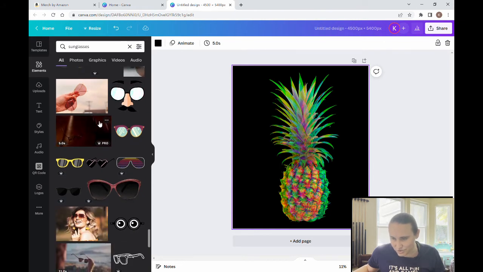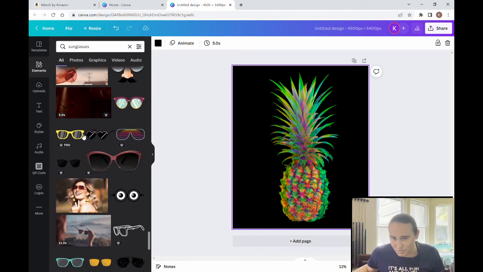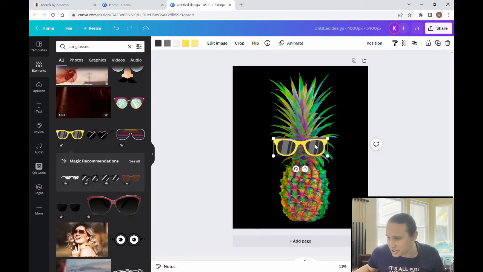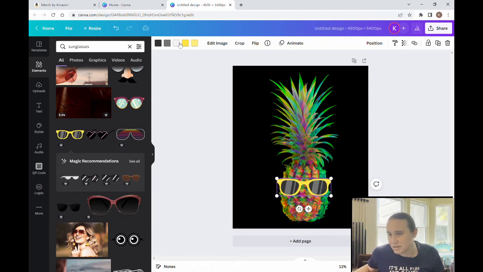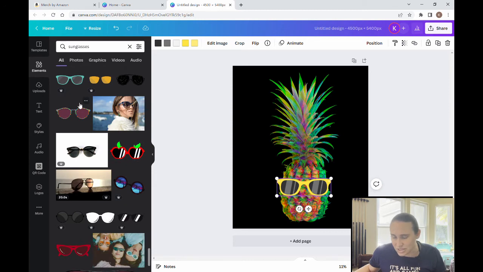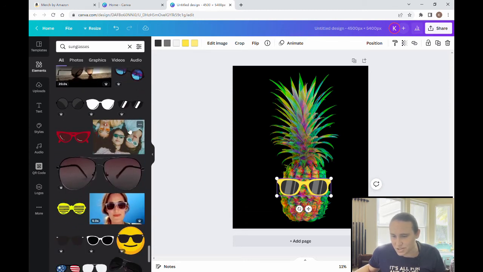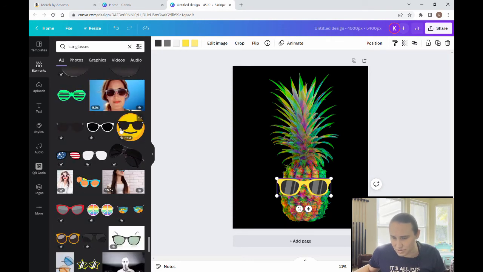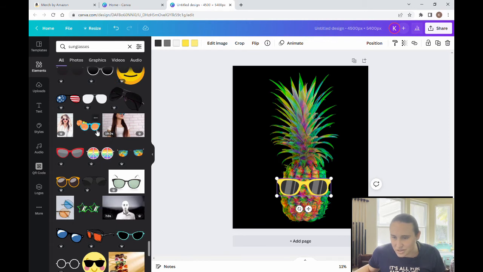I am just looking for something simple, easy to put on. Here's some yellow ones if I wanted to do that, and I can play with the colors up here so I can make them any color I want. Again, with the blue ones here. So there's just a lot of different ways we can go about doing this. Some of these are animated, so if we wanted to